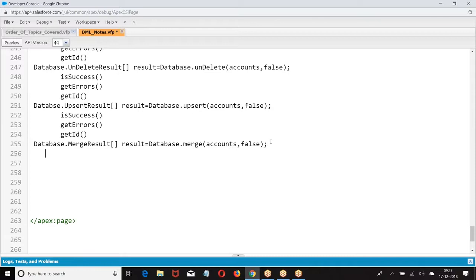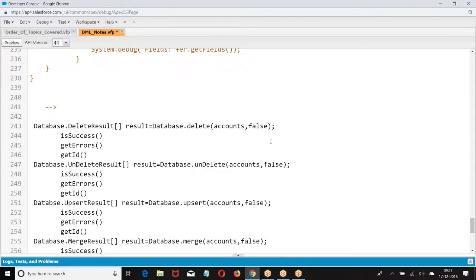You are going for a merge. Which record are you merging? You are merging an existing record only. You are not creating a new record. We have a method called getId, which will give the ID of the record. So when the ID of the record is there, straight away we have the method getId. So you check isSuccess, and on failure, get the ID of the record and say this record failed. Simply use isSuccess. If the DML is a success, then no problem. If failed, get the ID of the record. This applies if it is not an insert. If it is an insert, obviously you don't get that ID. Got it. Thank you.